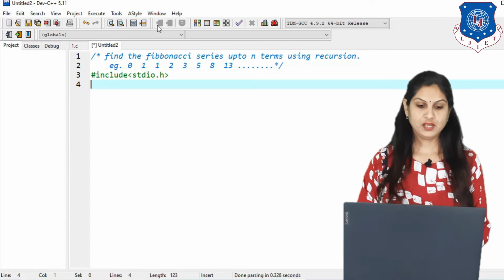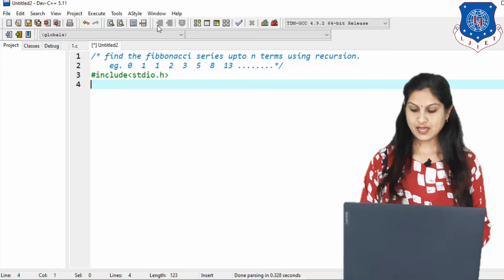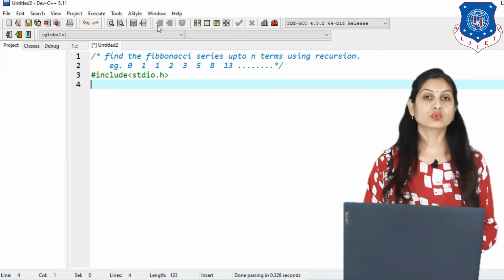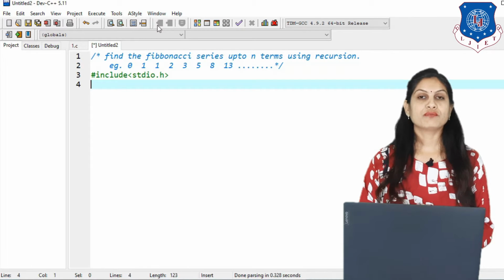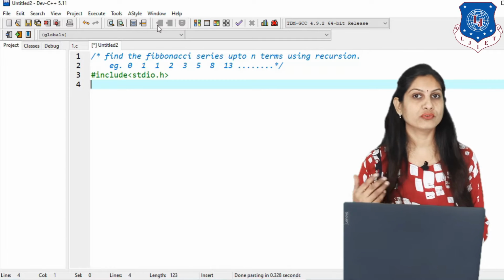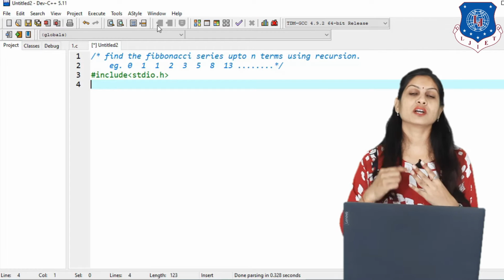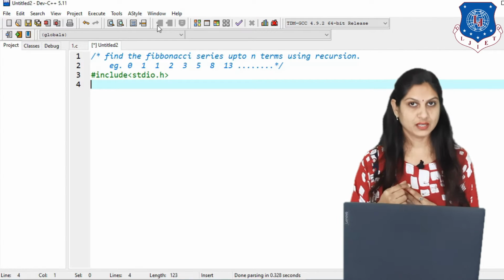using recursion. First we have to include the header files, which I have already done, and then we have to use the concept of function. The first element of a function is always the function declaration, before the void main, and here I am using the fourth category, function with argument with return.